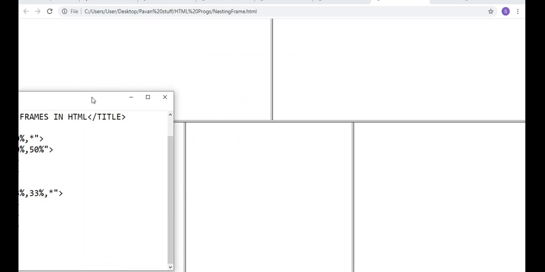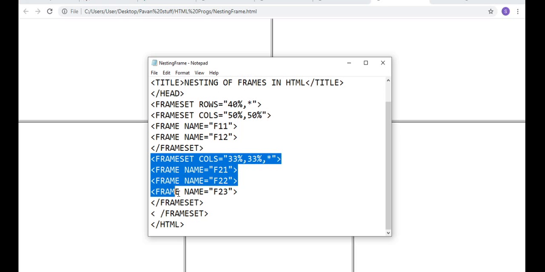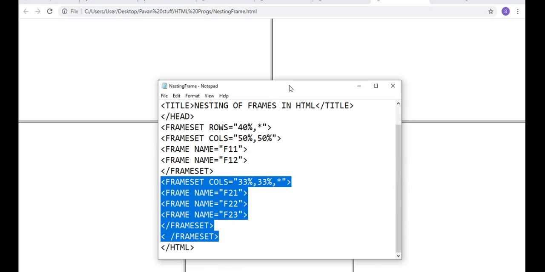So as per the program, your frame is divided into first two rows, row 1 and row 2, and will have two columns. Then the third frameset, columns, I am dividing into three columns. So this is one frameset and it is another frameset. In total I have two framesets, one with two columns, and the second with three columns.